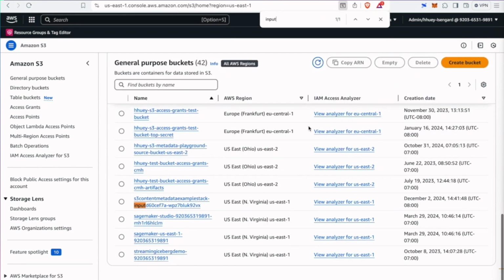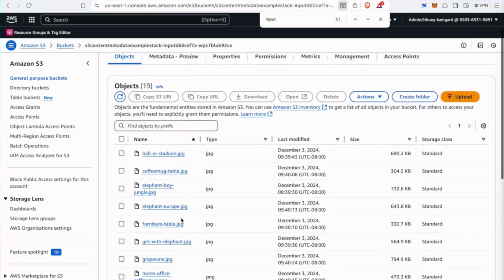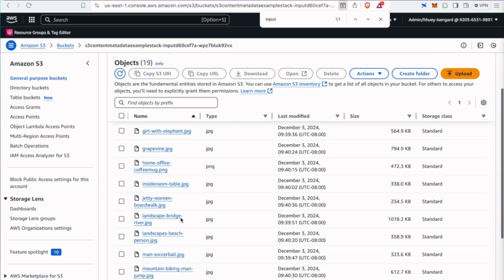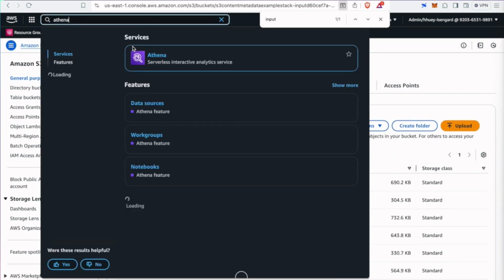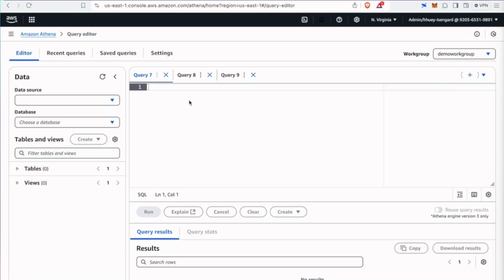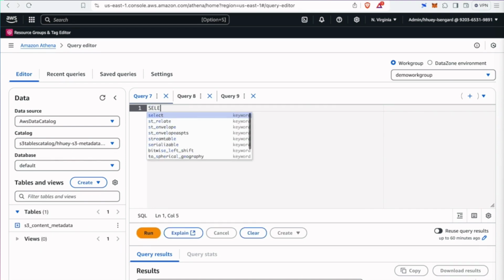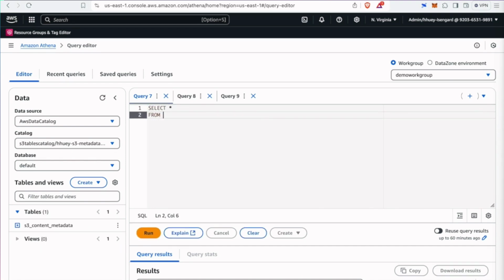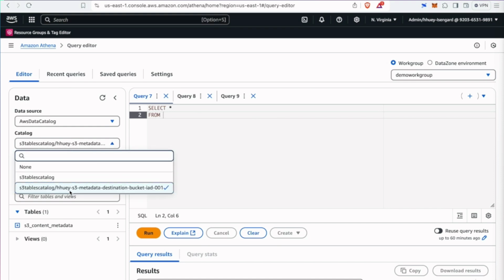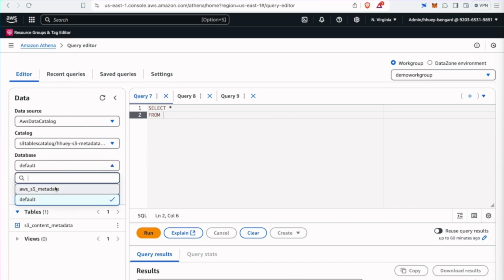While those images are uploading, I'll just go to my bucket that's hosting these images just to check. We see that these images are here. What I can now do is go back to Athena to query these tables and join these two tables together. The first thing I will check is the S3 metadata table.